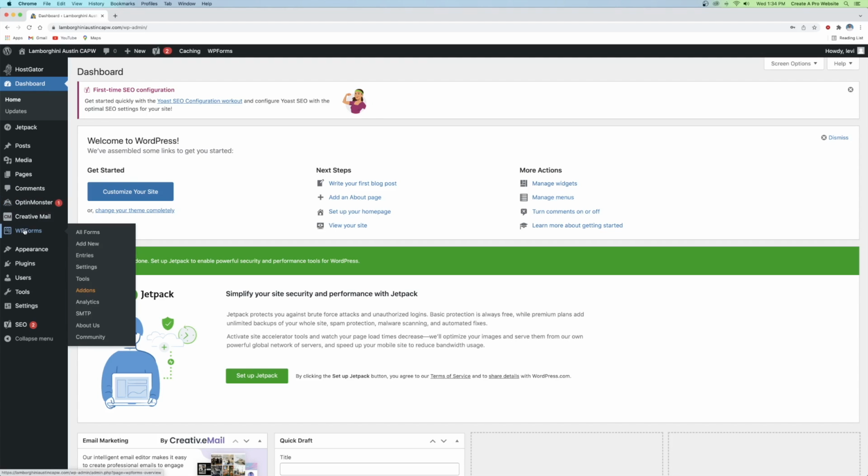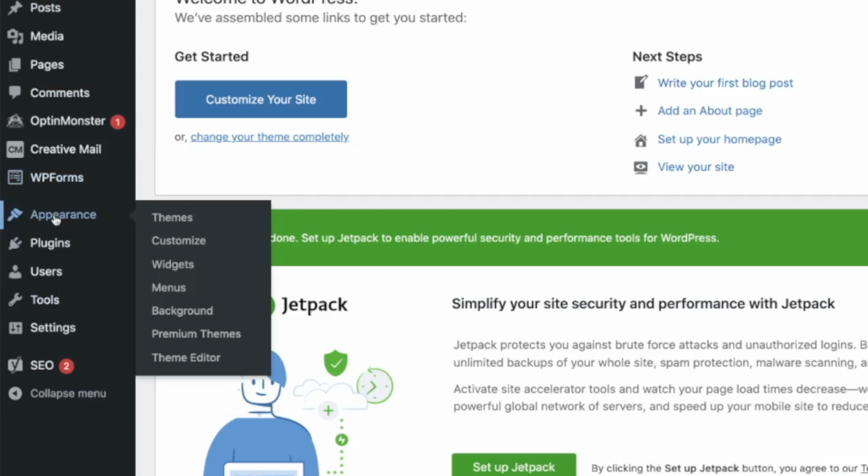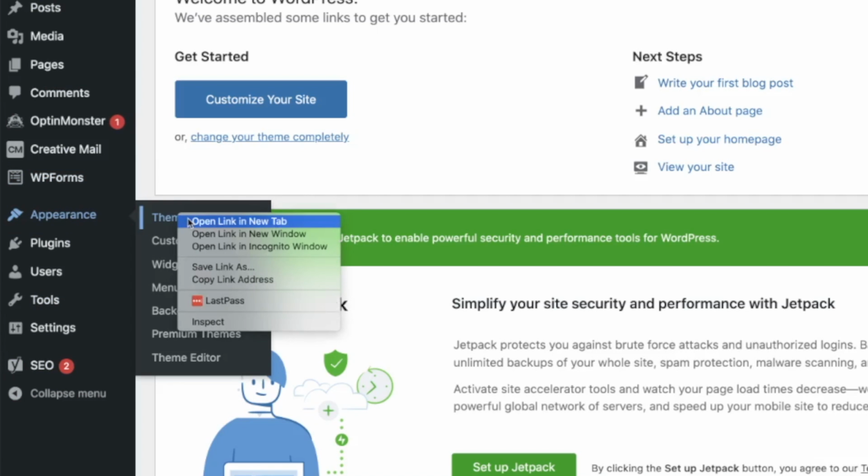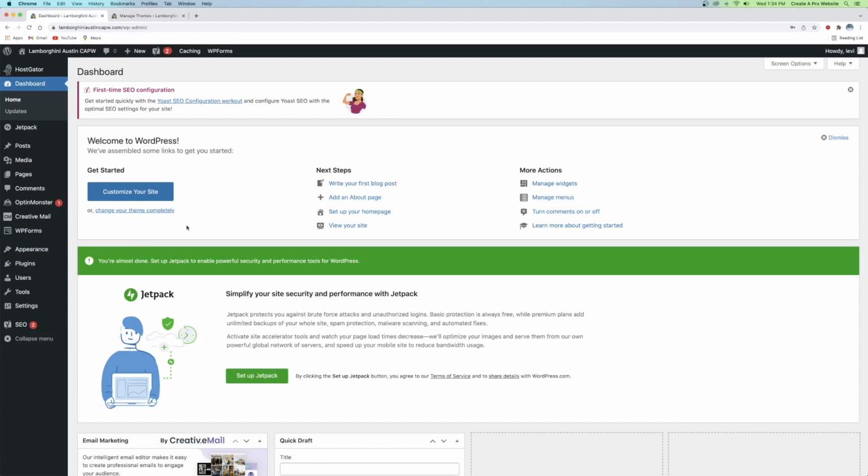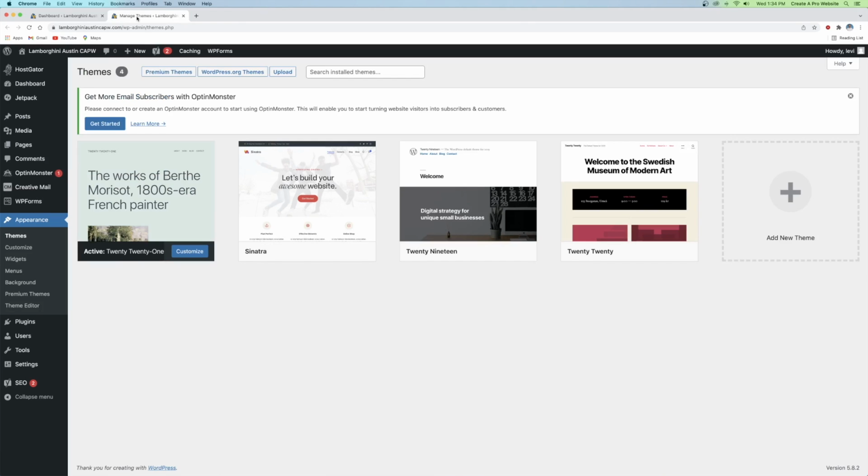In order to install a new theme, we're going to go over to the Appearance tab on the left-hand side menu, and from Appearance, I'm just hovering over it, I'm going to go over to Themes. So I'm going to open it up on a new tab. You'll notice I always like to open things up on a new tab. That way I always have a dashboard to go back to. Just a personal preference. So from here, all we have to do is go over to the right-hand side and